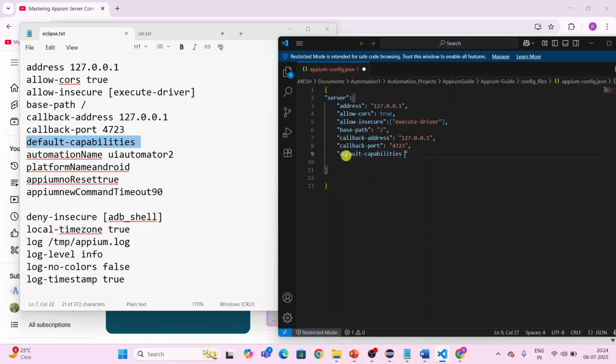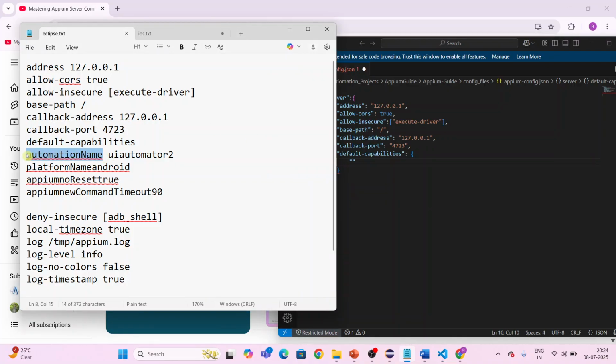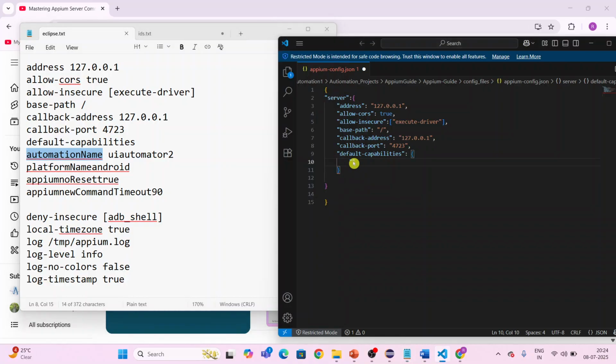Okay, so default capabilities. Here I need to use a set of capabilities. So I will use flower backends. Okay, this is one block here. I have used the automation name. If you want to add, you can add it here. It is not mandatory, but I want to demonstrate it, right? So I'm showing this one